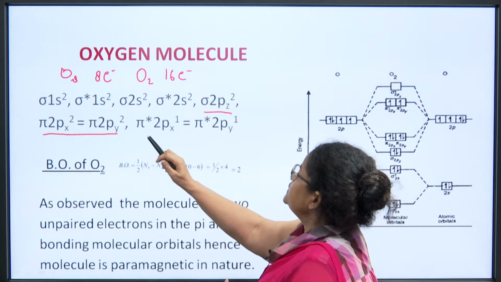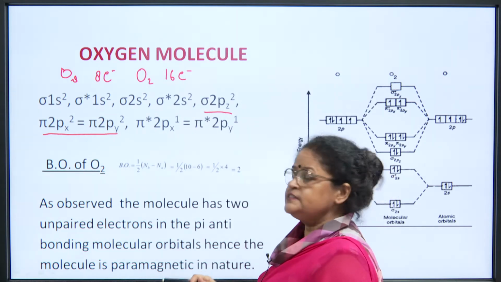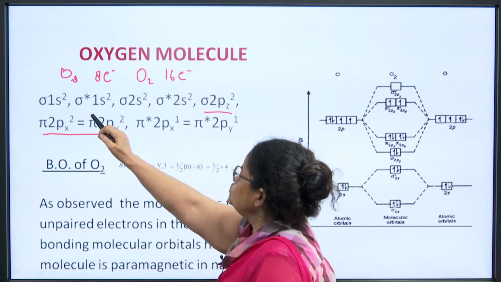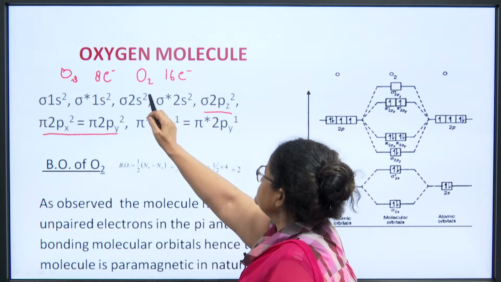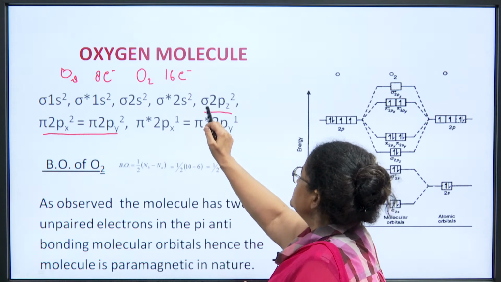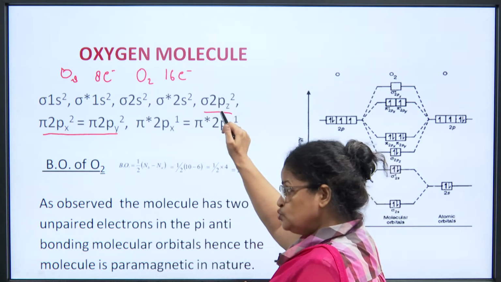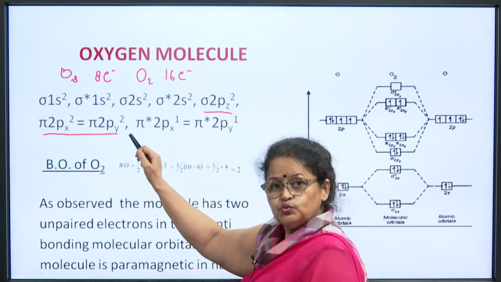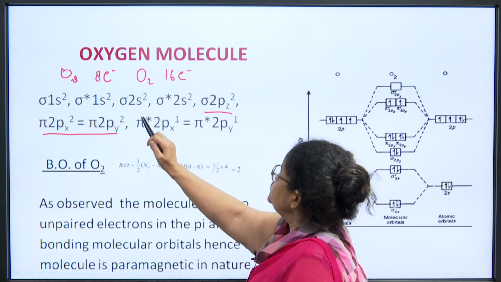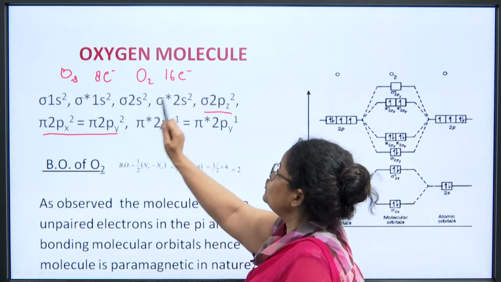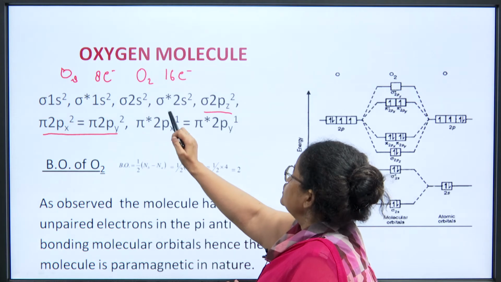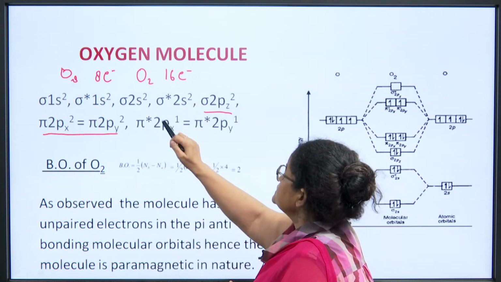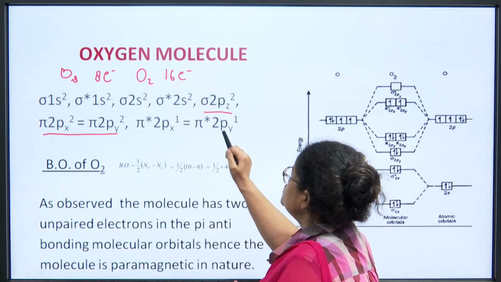Now we see that these 16 electrons are distributed amongst sigma 1s2, sigma star 1s2, sigma 2s2, sigma star 2s2, sigma 2pz2, then pi 2px equals pi 2py, both have 2 electrons in it. Now, if you add it up to here, it accounts for 14 electrons. Now, the 15th and the 16th electron will occupy pi star 2px equals pi star 2py.